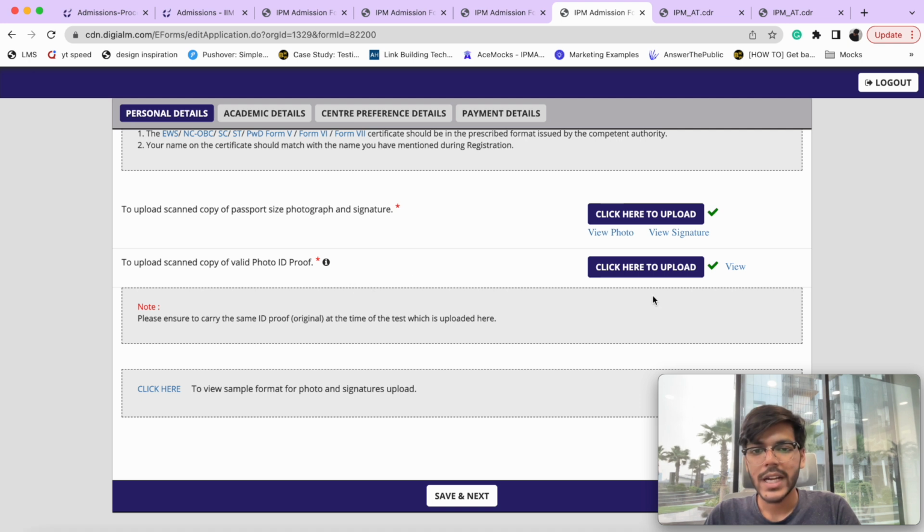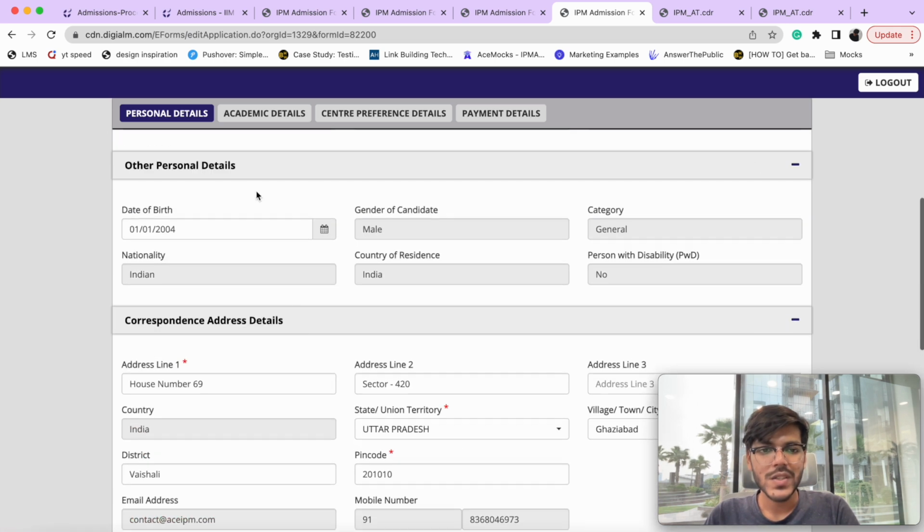Same goes for your valid ID proof. In my case, I've entered my PAN card. You can also enter your Aadhaar card, driving license, passport, or any other valid government ID proof with your photo attached to it. After you are done doing this, you need to click on save and next, post which you